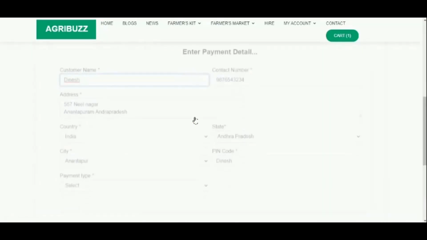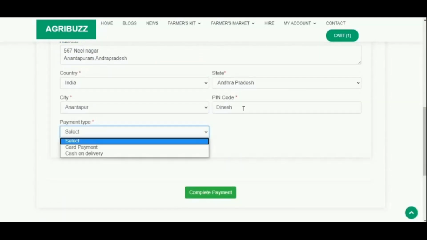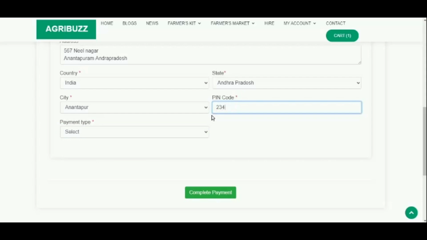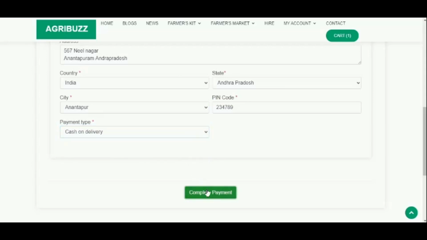On clicking on confirm your order, a payment details is available in which the customer must make their payment. The payment type can be cash on delivery or card payment.